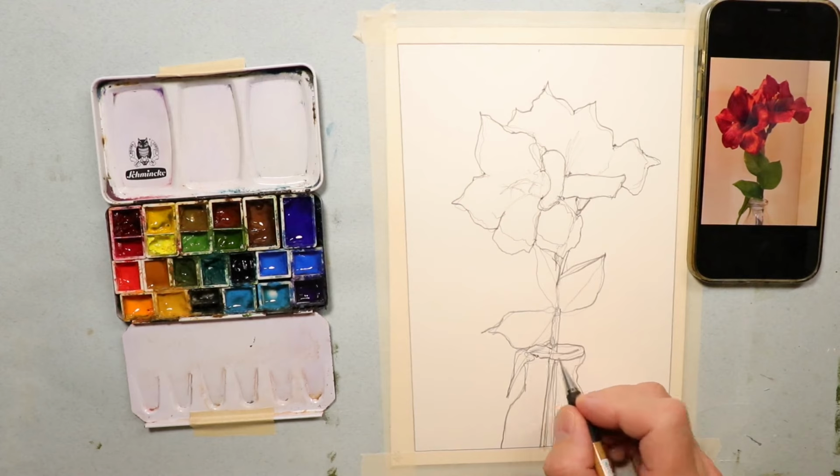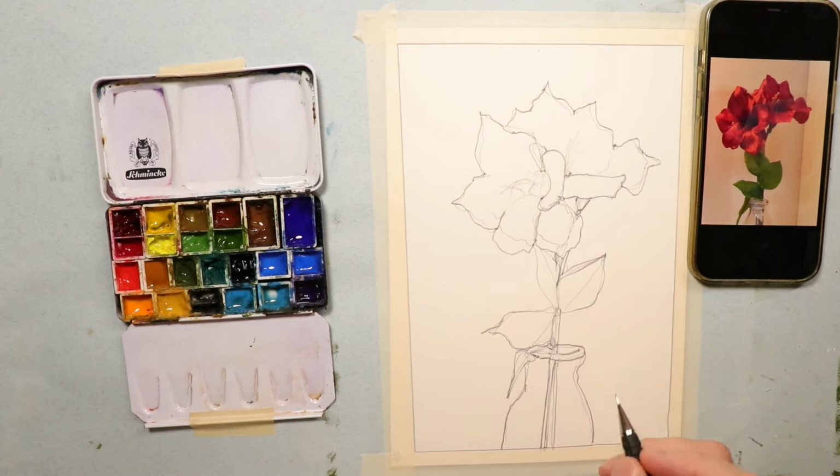Okay, that looks pretty good. So basically we're ready to paint. We have everything pretty much worked out pretty nicely here. Maybe I'll make a little bit of an